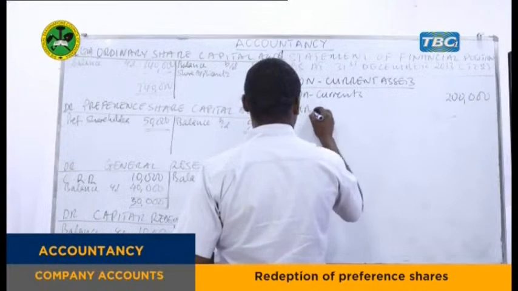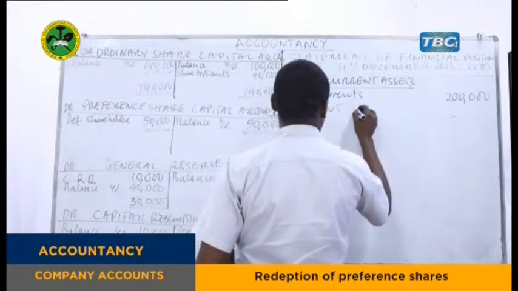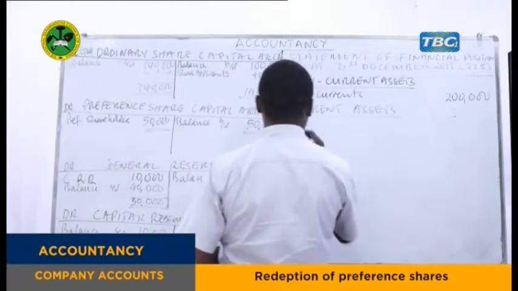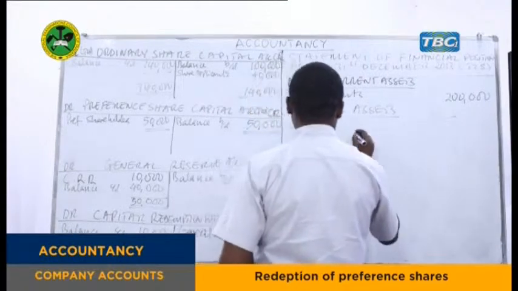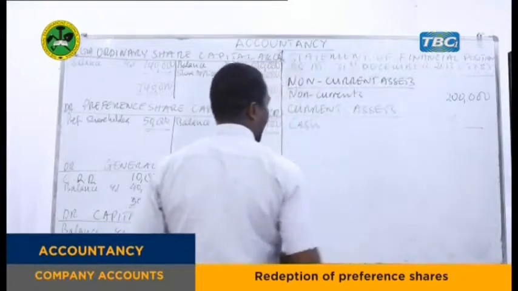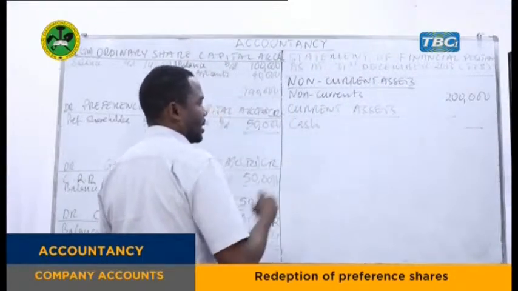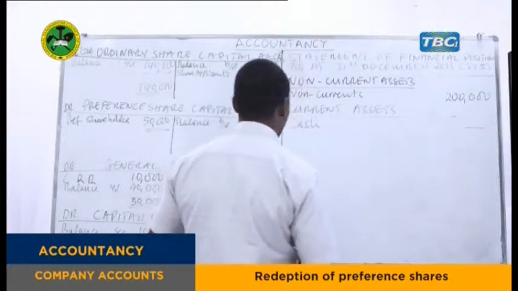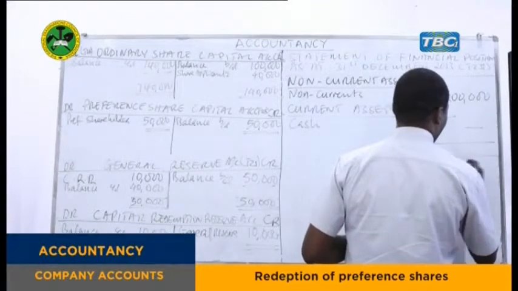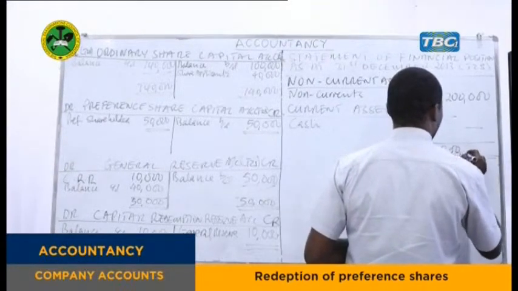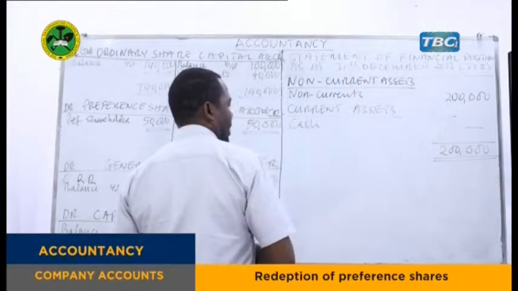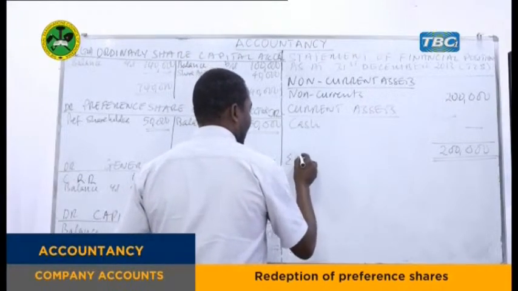There were current assets. So in the current assets, there is cash, but the cash has zero balance. So I'm just showing you how you could report. The cash is already used to finance the redemption of preference shares. So nothing more in this part of assets. You get the total. So the total will be 200 from the asset side. We go to the equity and liability side. We start with equity.